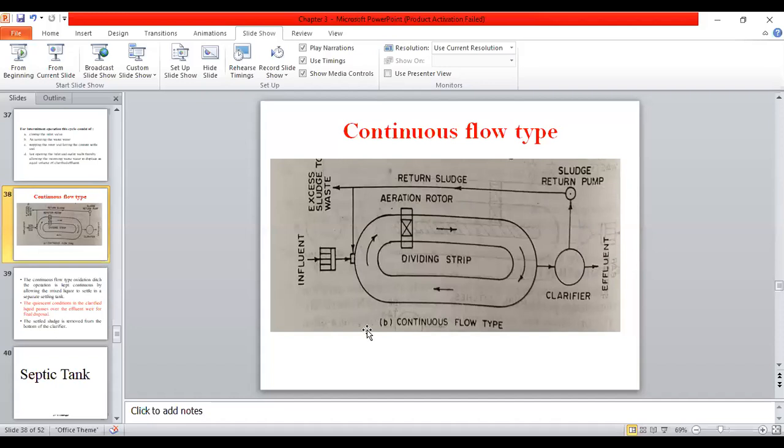This is the continuous process. The name itself is telling you the decomposition or degradation or treatment of sewage will be performed in a continuous motion, continuous period. Only for achieving that, you need to add a separate sedimentation tank or clarifier. It will be very simple. No need to invest more in scrapers and all those things. Simply allow it to settle down for some period, remove effluent from the top and remove sludge from the bottom. It is a low cost treatment. So draw this figure for the continuous flow type of tank.